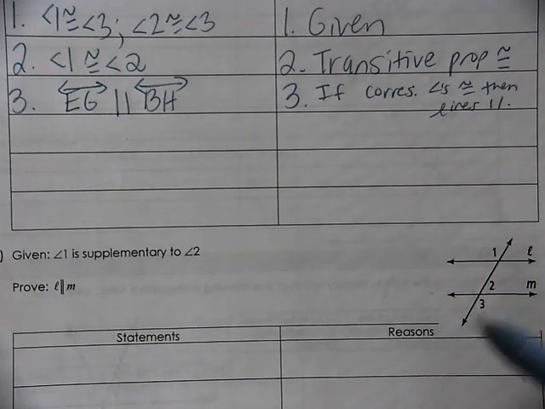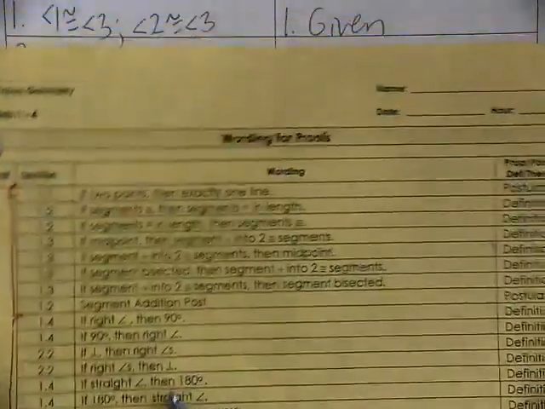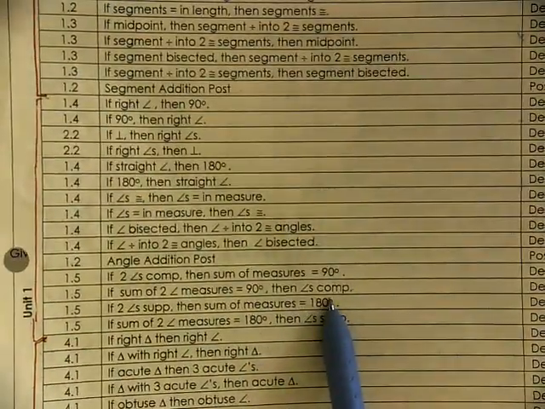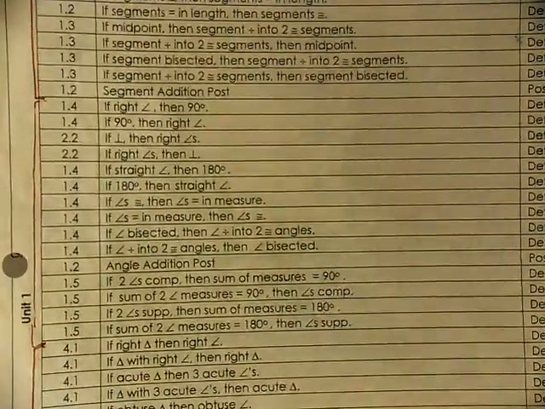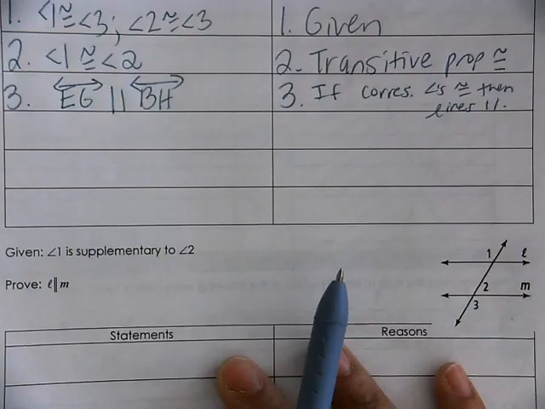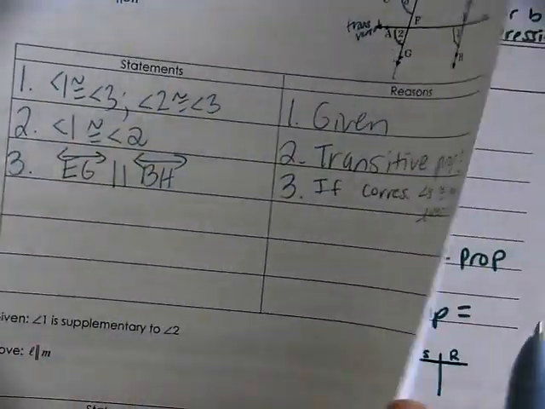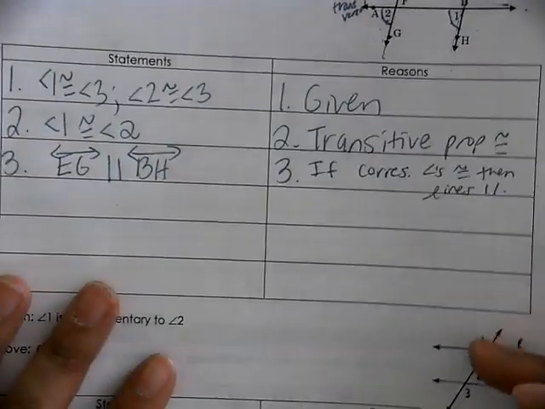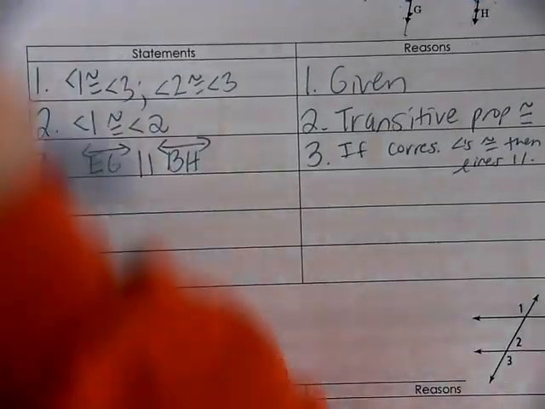Okay, if not, and you want to use the definition of supplementary, which is on the front page, it ends up being a longer proof, but you can also use this one. If two angles are supplementary, the sum of the measures is 180. It's a perfectly fine proof, but it ends up being like 7 steps, unfortunately, when you have to do it that way. Okay, so if you'd like to just do number 2 and number 3, feel free to try those out, and then there's even the warm-up that you can start with, or you can wait till Monday to try some of that. The rest of the time, you're going to go ahead and